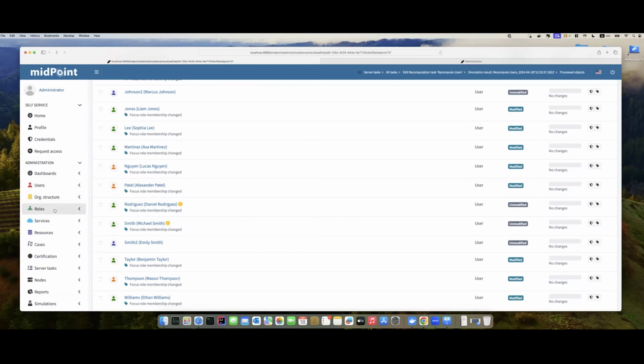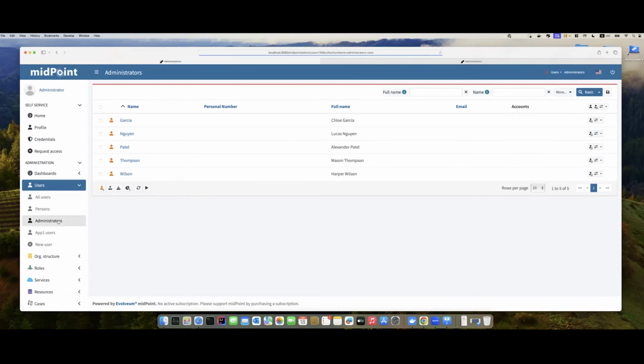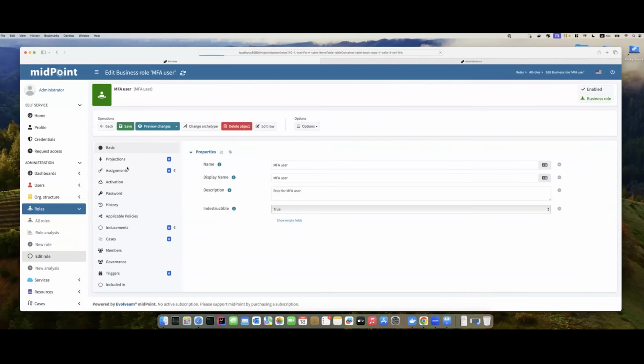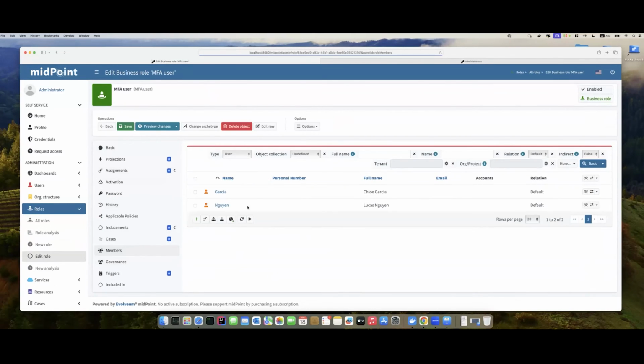Then we have another one. If we go back to the users, all users, we see that we have 5 administrators, or 5 accounts with the administrator archetype prepared here. Within the roles, we have the MFA user role with the following members.